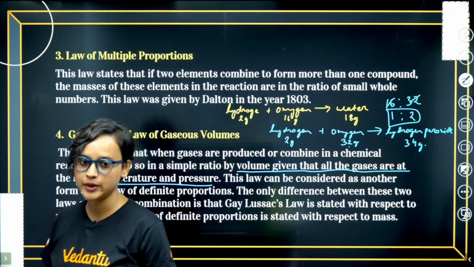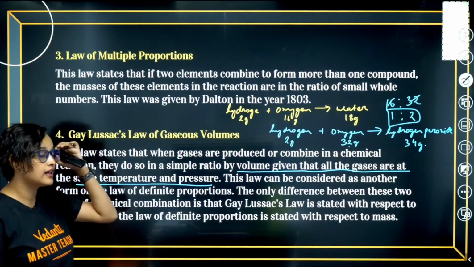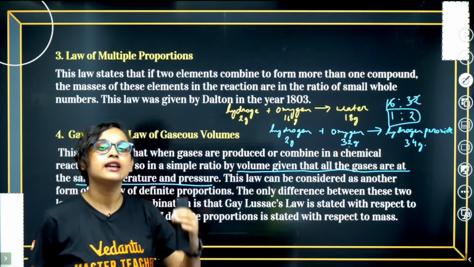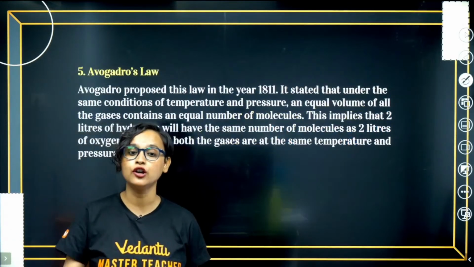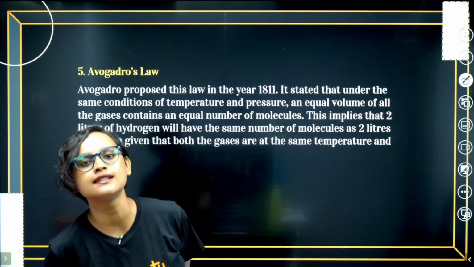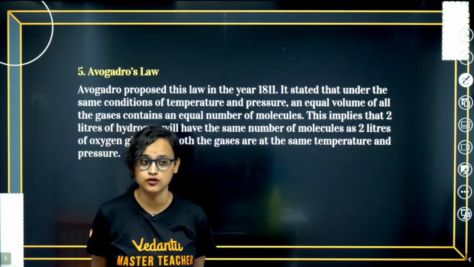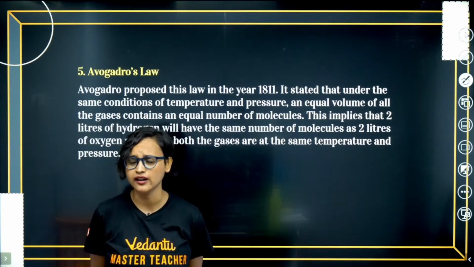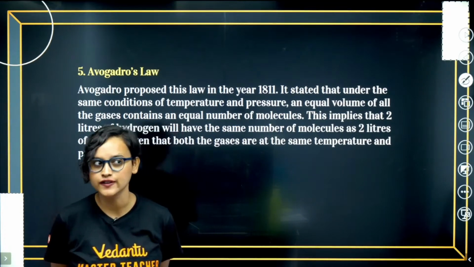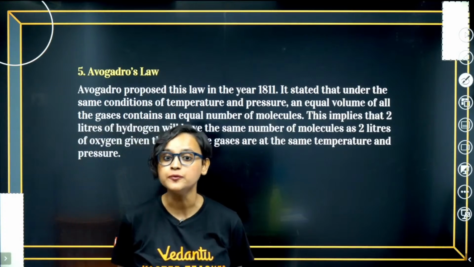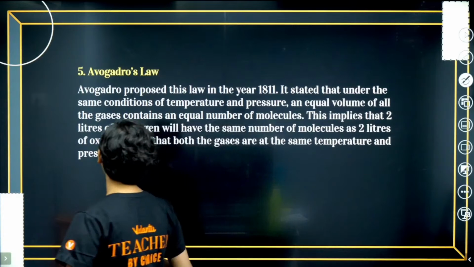Alright, yes everybody, understanding, got it? Now because in the name itself it is written Gay-Lussac, obviously Sir Gay-Lussac would have given the law. Cool, alright? Moving on from here. Now we come to this gentleman's name, that is Avogadro. Amedeo Avogadro. His name is actually very big, almost as big as the Avogadro constant, that is 6.022 into 10 to the power 23, right? So Avogadro proposed, let's draw it and understand.